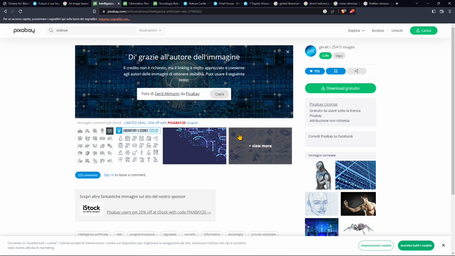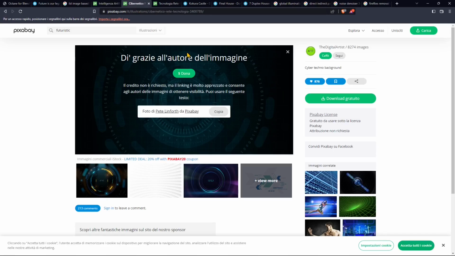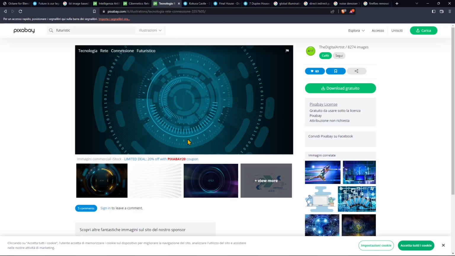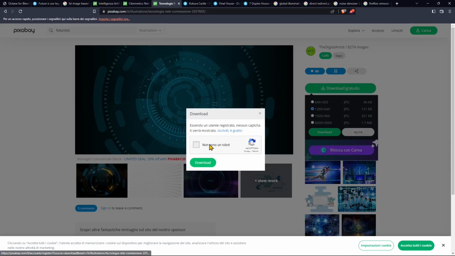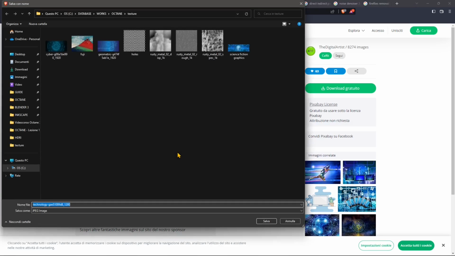Now, if you want to get some graphics, infographics, text, vector graphics, photographs, and much more, you can search on the web. Of course, there are a lot of free stuff out there, like these graphics right here, searching for futuristic or future or sci-fi. And this is downloadable free from Pixabay or other. You can find it also on other free websites. So I've set some of the textures here,